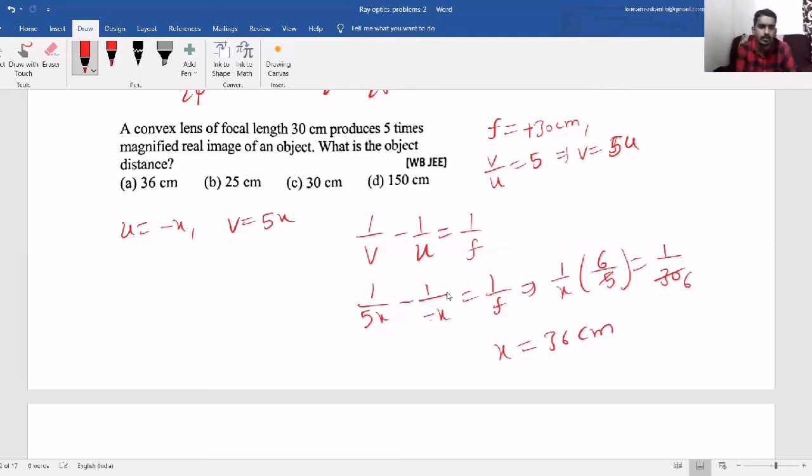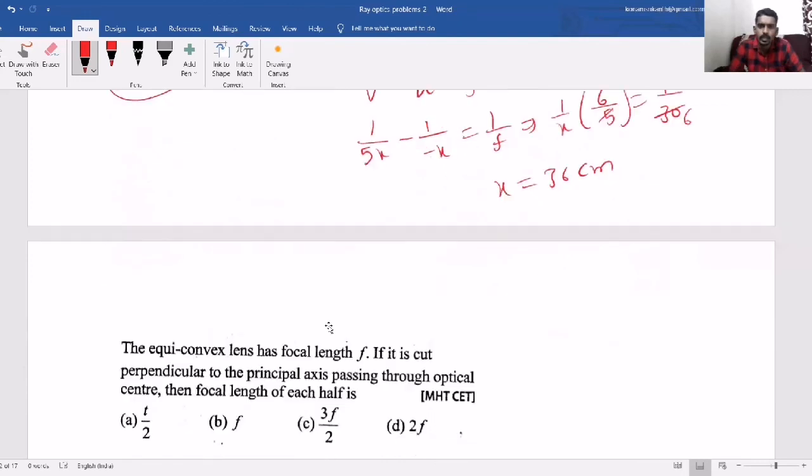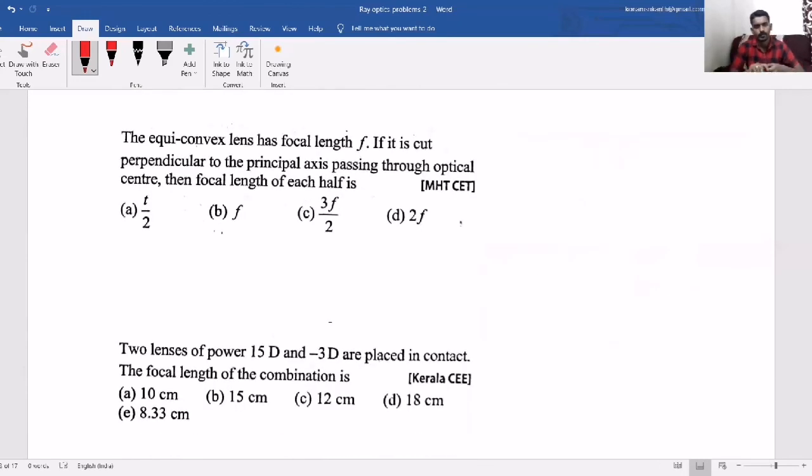So what is the distance of the object we considered? X. So what will the answer become? 36 centimeter. So just understand the question and try to apply it in a proper manner. I keep on saying the same thing. When you go to CET or NEET level, you will not get something very big, 90% of the questions are like this only from every chapter. You just have to take care of simple things, and the main thing you have to take care of is understanding the question.